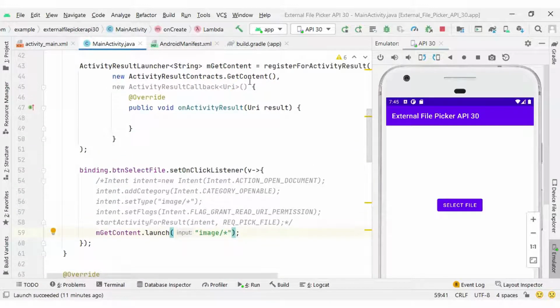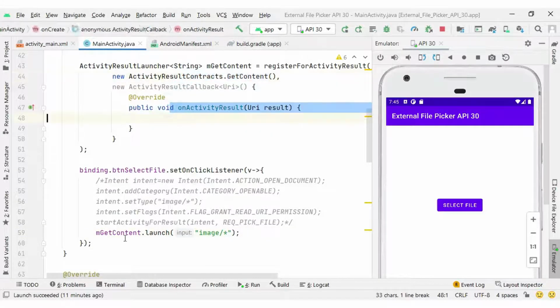According to the get content contract, it suggests the launch method here. So whatever kind of action you want to prepare, accordingly you need to select the contract, and accordingly the launch method will work for you. That is done, and inside onActivityResult you can see we get the URI instance directly.